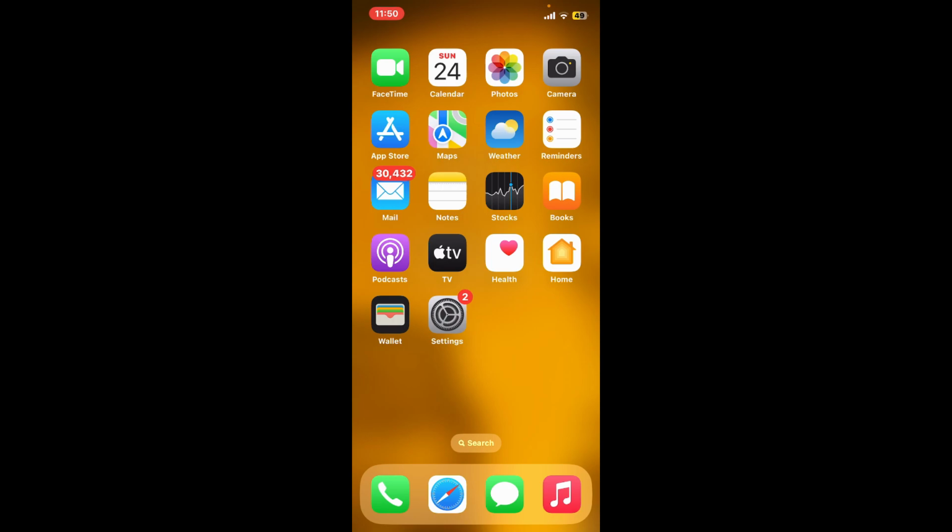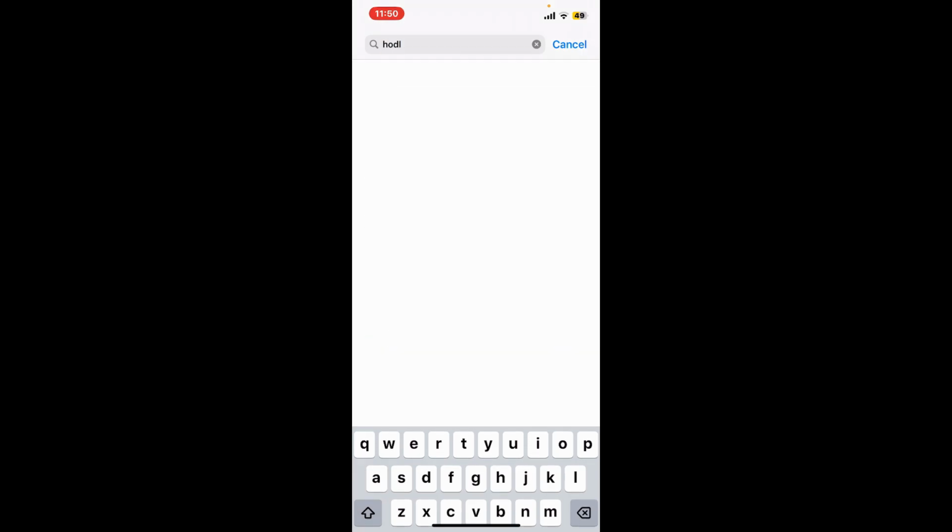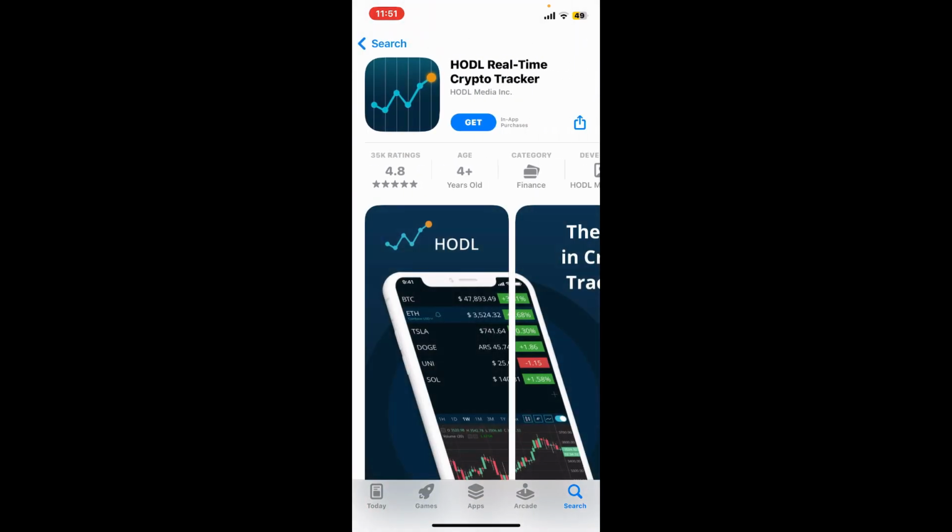The first thing to do is to open your App Store from your app drawer. In the search box at the top, type in HODL and search. Look for this application where it says HODL Real-Time Crypto Tracker and tap on the Get button to begin